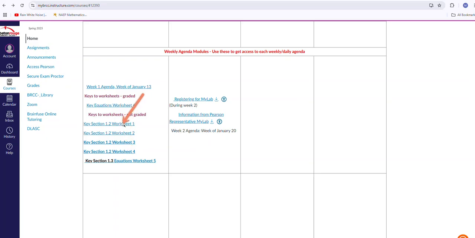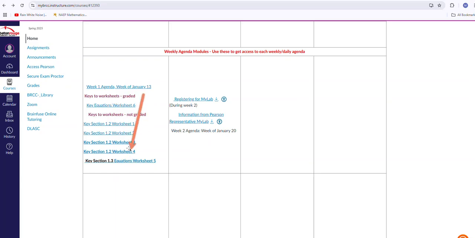The keys are posted. Not all of you can solve equations. Not all of you can do a lot of things in algebra. So most times I provide you with worksheets and the keys already posted, so you can use those as guides and to help you study, to help you understand how to solve the problems you have to be dealing with. The key to the graded worksheets, there's only one for this week,